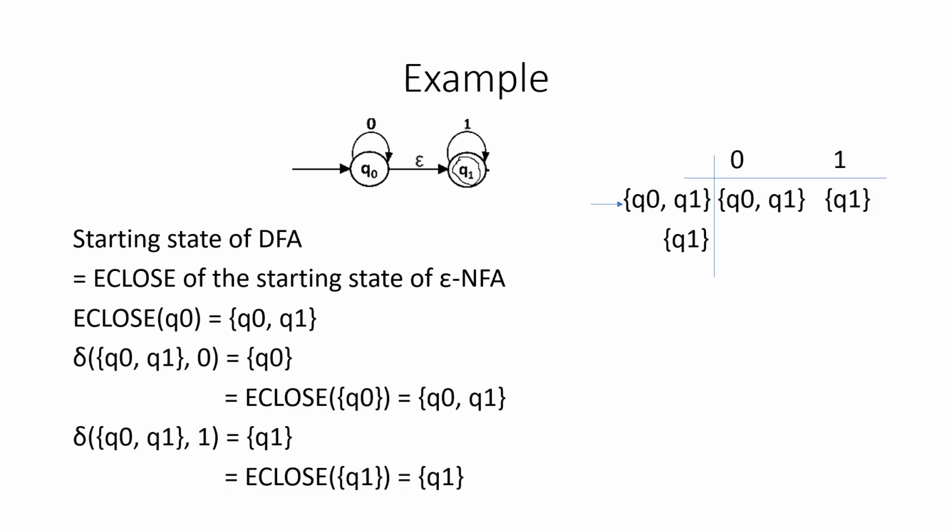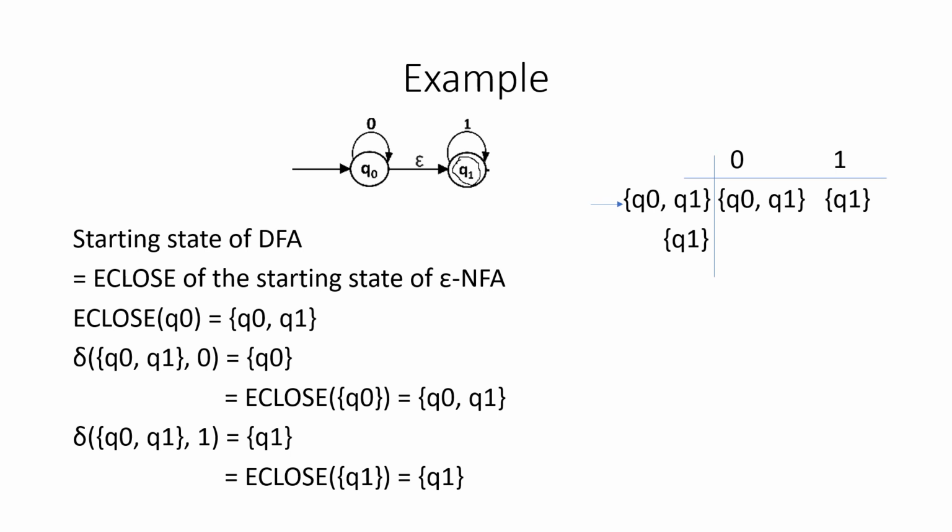In the next step, since this is considered as a new state, we have to find transition for this. So Q0, Q1: how many input symbols are there in our example? It is 0, 1. We have to find transition for this. So Q0, Q1 on 0. In Q1, we don't have any transition for the input symbol 0, but in Q0 we have a transition for 0. So hence we have Q0. We used to stop with this in case of NFA to DFA conversion. But in case of epsilon NFA to DFA conversion, you have to find E-close for this answer.